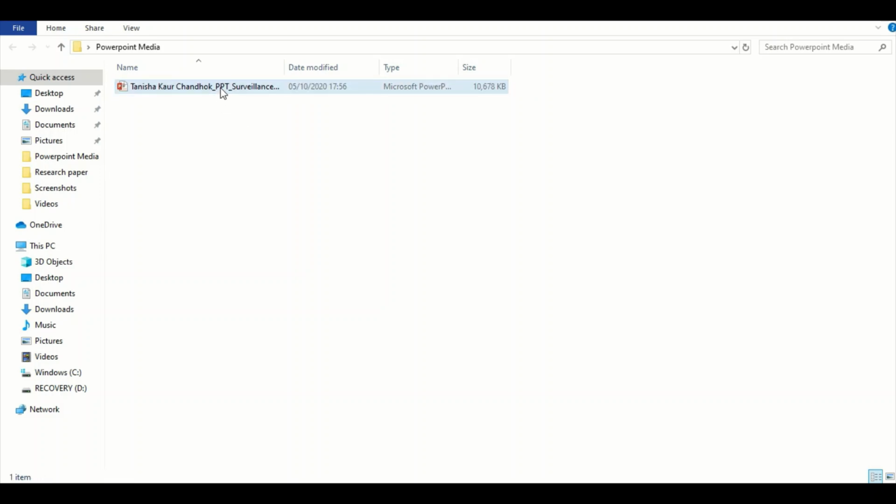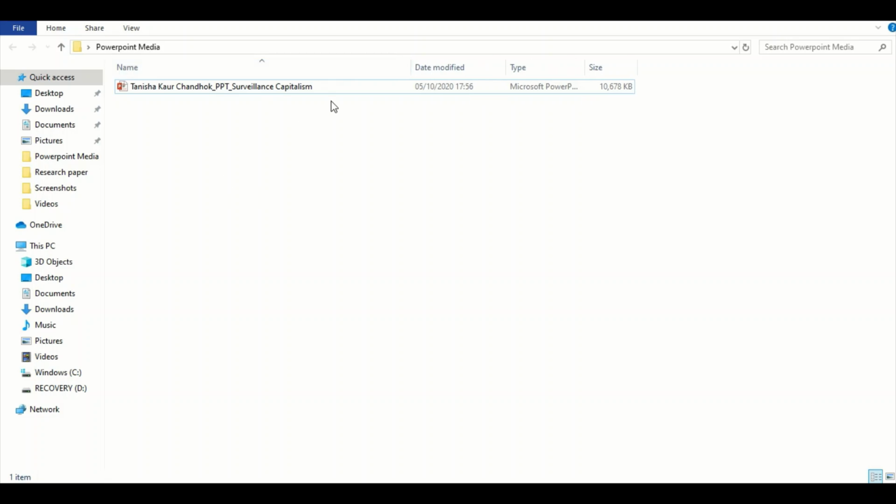As you can see, the file has been pasted here. This step is very important because your file type will be changed when you apply this method and you cannot restore your original presentation in case you want to. So please be sure to make a copy of the folder.